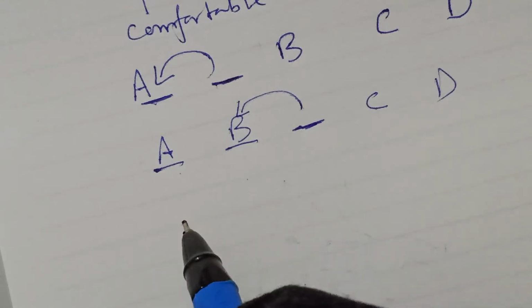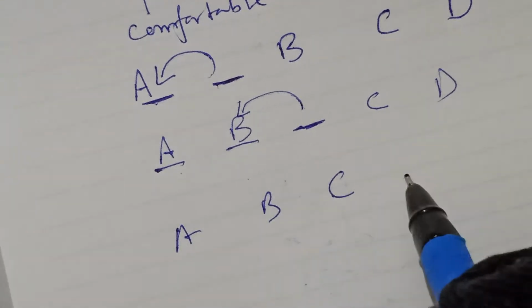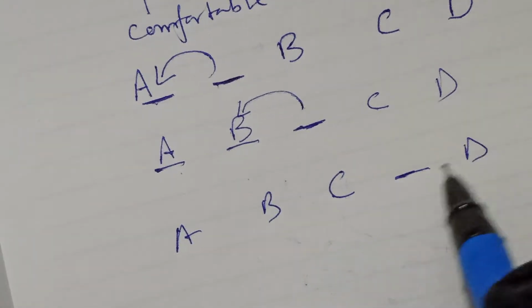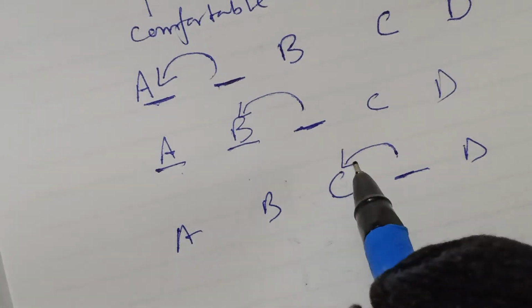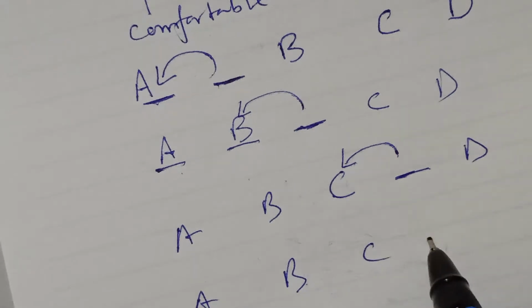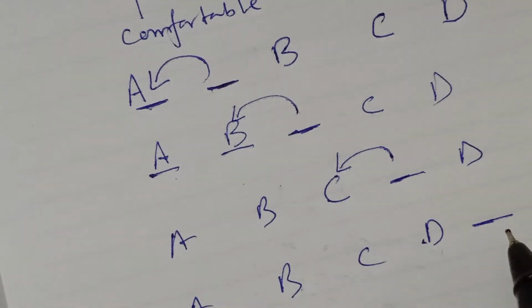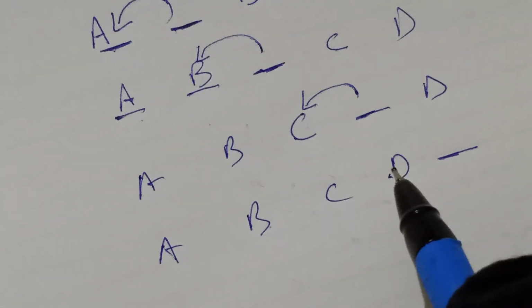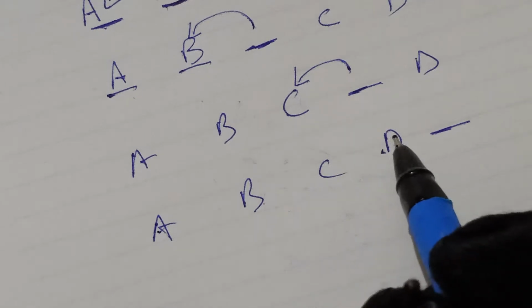In a similar manner, A, B, C, and now this position can be vacant because C is shifted to this position. And similarly, A, B, C, D, and this leftmost comfortable position is filled, and all are shifted